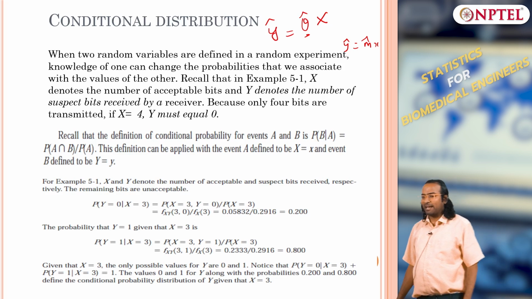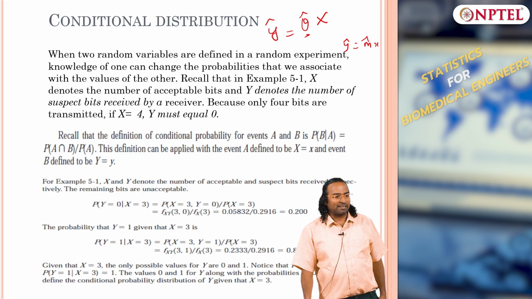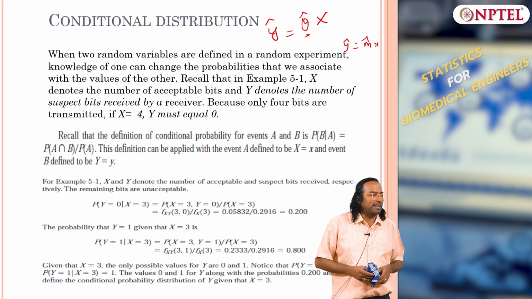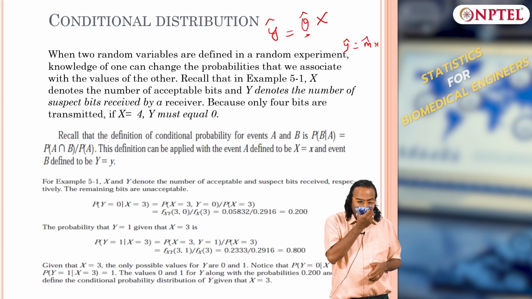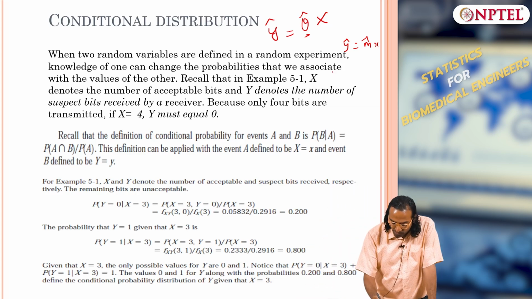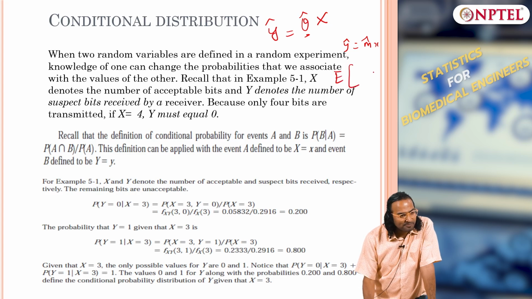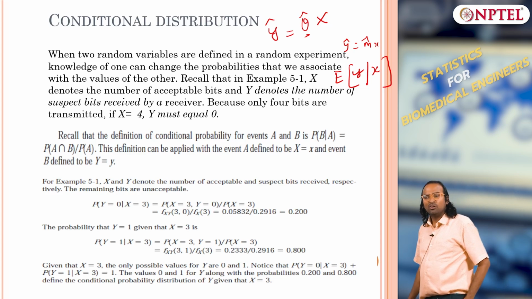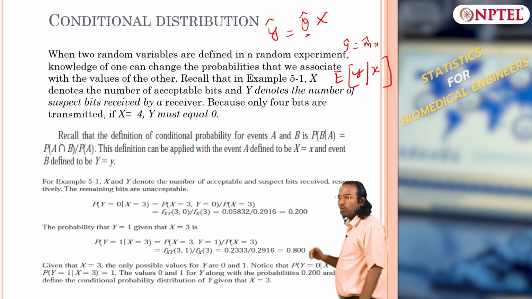Slope is what you get finally, but in general, what is theta hat? If I want to predict and minimize the squared error, what will theta hat be? Mean, expectation of what? Y given x. You understand? You are predicting y, so that means you are minimizing the squared error in y. So what is the best prediction? The average value of y.